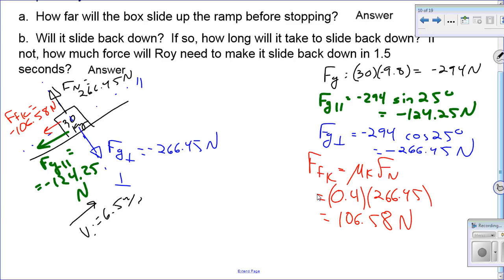Yeah, are there any other forces? No, there's nothing pushing the box up the ramp. It's just sliding, right? If Roy was pushing, we'd have to include that in our drawing, but it doesn't say anything about anybody pushing it. It's just sliding. This is it, all right? So now we can